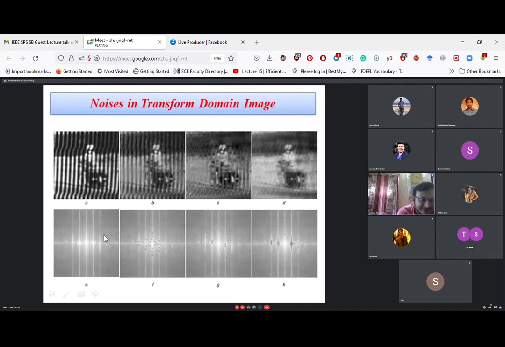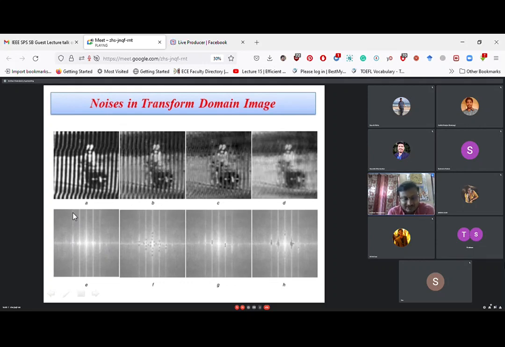So here you can see this noise is periodic, and when there is noise, you can see this is the white strip, this is the black strip. So there is a great pixel intensity difference between one white strip and one black strip. So we can say it is a high frequency component. Means this noise is a high frequency component. So indeed, these dots, the high frequency outer layer dots, appear because of this noise.